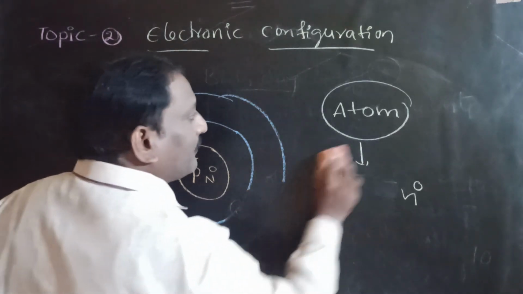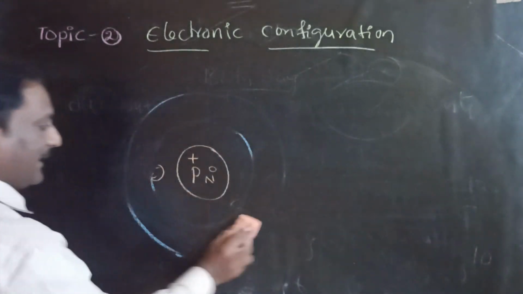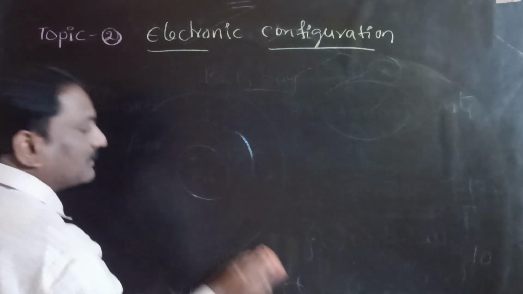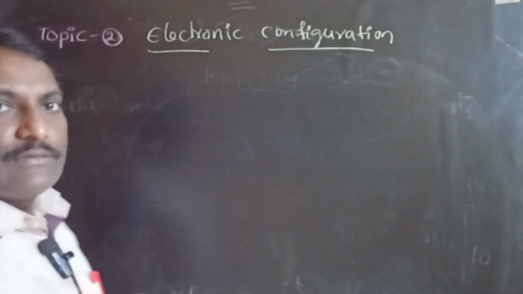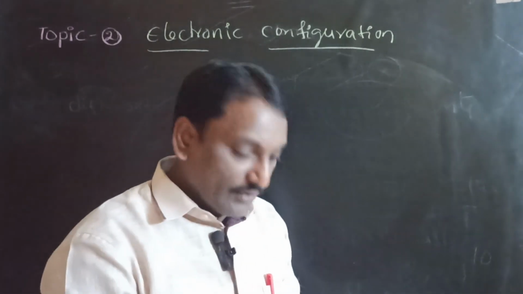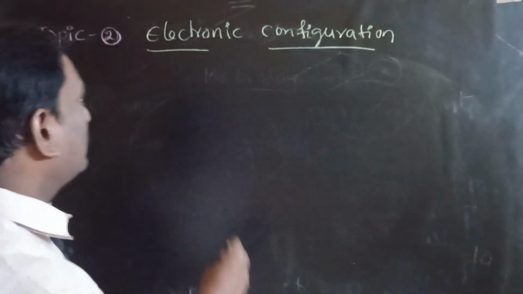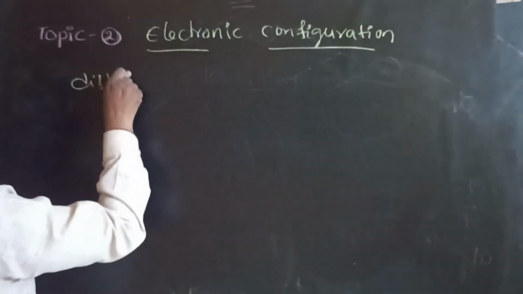Now let us compare this with a birthday. Birthday means distribution of chocolates to the students in the class. Then what is meant by electronic configuration? Note it down. Electronic configuration means distribution of